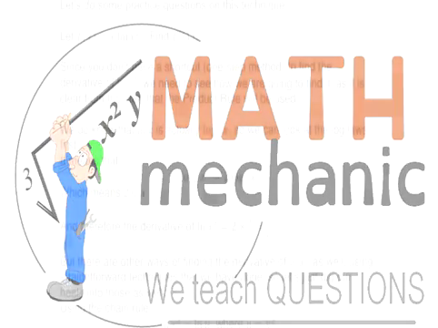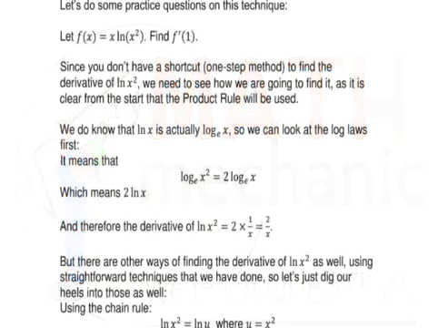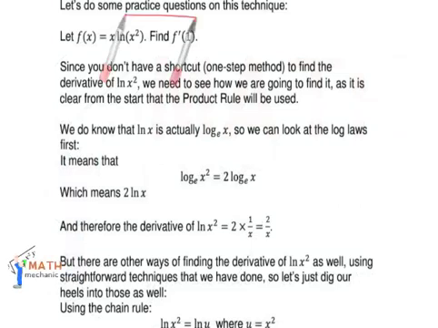We have now found the answer to the original question, but it will be good to do some more practice questions on this technique because there are some gems and some information still to reveal about it. So we're starting with that function. They're giving us f of x is equal to x times ln of x squared.